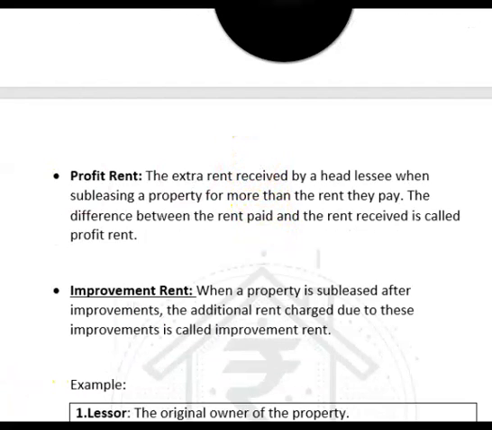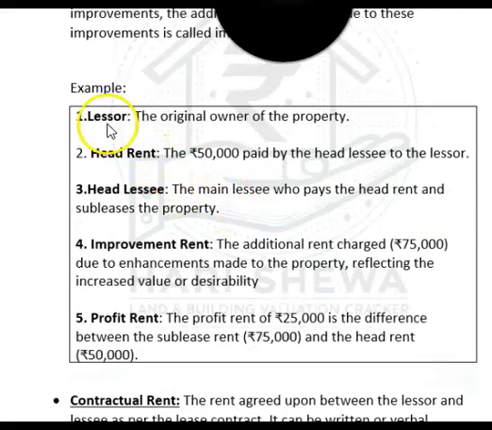मैं आपको एक एग्जांपल के साथ में एक्सप्लेन करता हूँ। लेसर, द ओरिजिनल ऑनर ऑफ द प्रॉपर्टी, वो सबका हेड है। जो रेंट रिसीव करता है वो हेड रेंट कहलाता है। Head rent: the 50,000 paid by the head lessee to the lessor. सपोज करो ये 50,000 हेड लेसी लेसर को दे रहा है, तो ये 50,000 हेड रेंट हो जाएगा। जो लेसी है उसने प्रॉपर्टी सबलीज कर दी, तो वो हेड लेसी हो जाएगा। The main lessee who paid their head rent and sublease the property, जो हेड रेंट देता है और प्रॉपर्टी को सबलीज करता है वो हेड लेसी कहलाएगा।